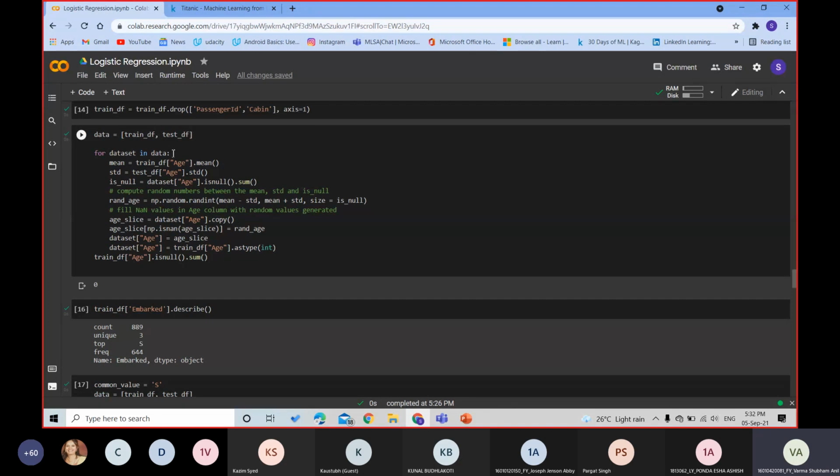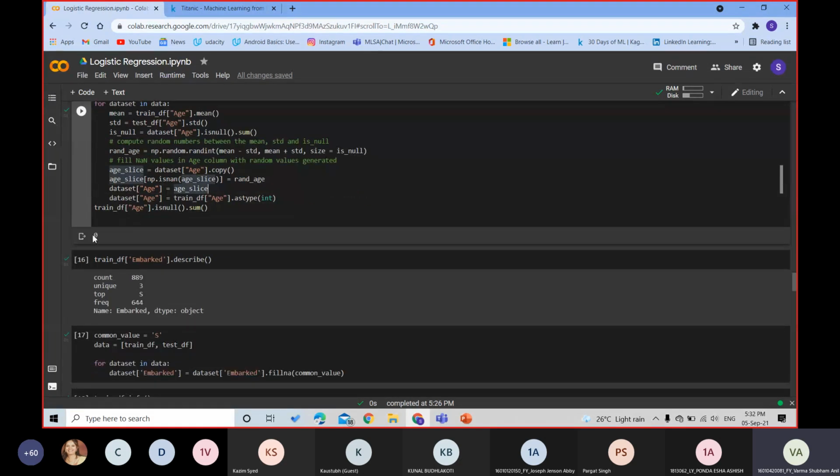So we found the mean of all the ages that we have, and then we filled those values in the places where the data set was missing. This function, np.random.randint, helped me in doing that. After doing that, when I ran the loop, I saw 0. Now there is no data missing in age. We know the ages corresponding to all the passengers traveling in the ship.